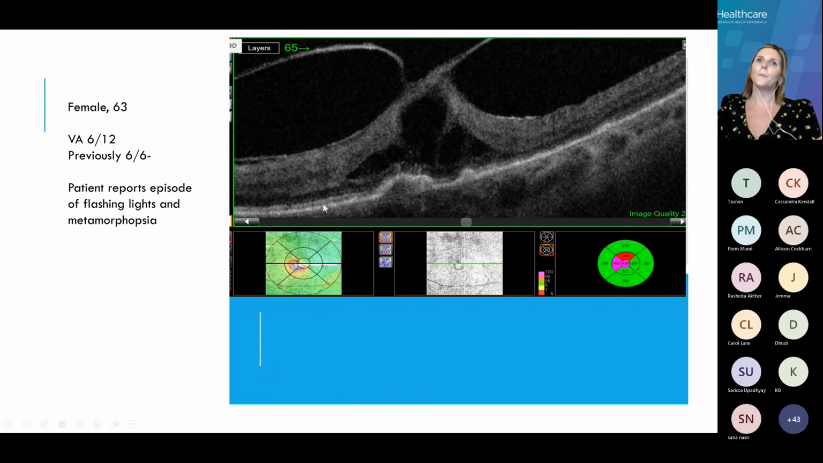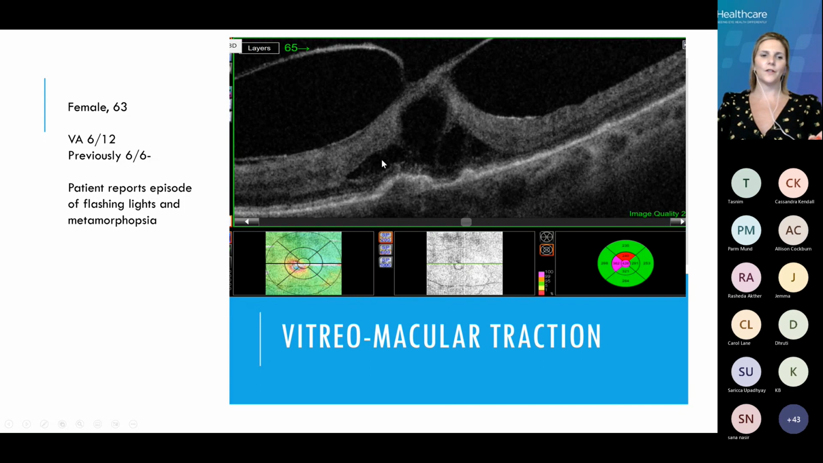When we come down to our RPE, we do have these age-related changes, don't we? We've got some quite confluent drusen, and on our thickness maps, we can see that we've got some retinal thickening. But this patient is symptomatic. They've got episodes of flashing lights and metamorphopsia. So with this patient, you are looking at a patient who's got vitreomacular traction, and the age-related changes are obviously just there. But what we have to be aware of is that because the patient's symptomatic, vision has dropped,